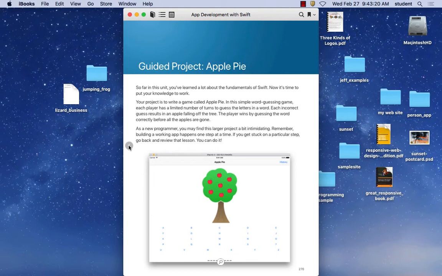Okay, again, the project's called Apple Pie. So far in this unit, you've learned a lot about fundamentals of Swift. Now it's time to put your knowledge to work. Your project is to write a game called Apple Pie. In this simple word-guessing game, each player has a limited number of turns to guess letters and words and so